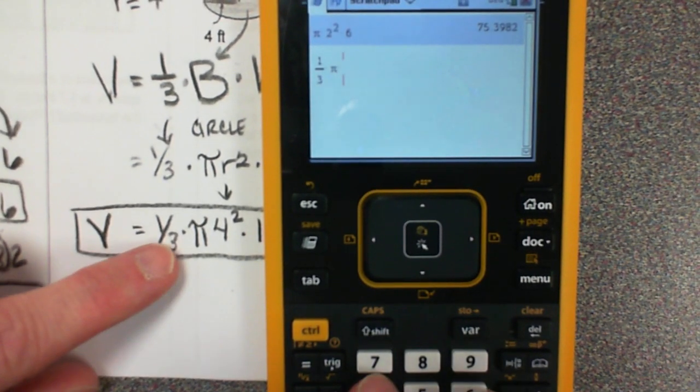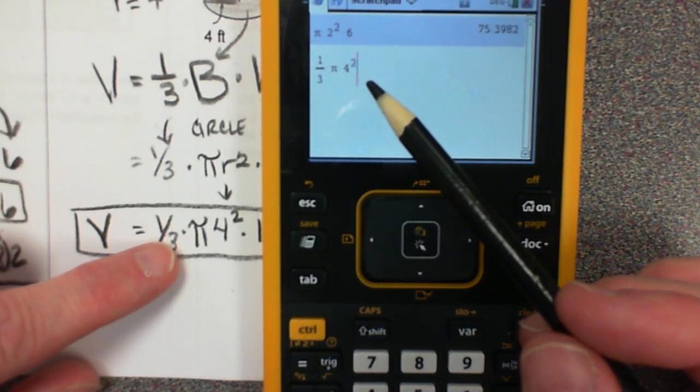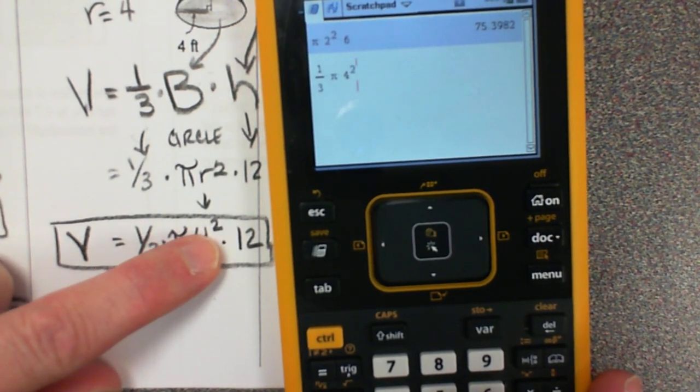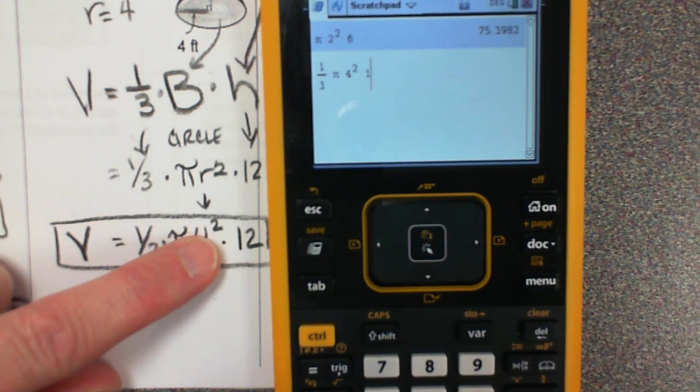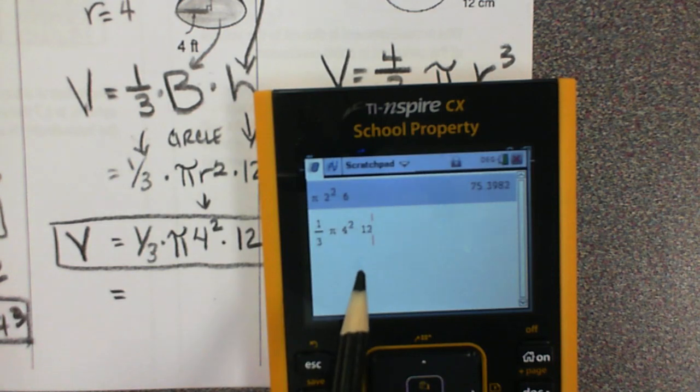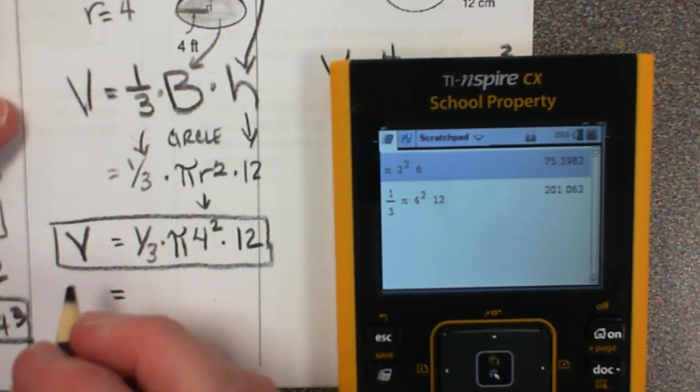times 4 squared. Okay, don't stop here because you got one more, you got your height line, you got to make sure that you tell it how tall it is, times 12. Okay, so make sure, double check and make sure you haven't missed anything. Double check. And now you can round it out to